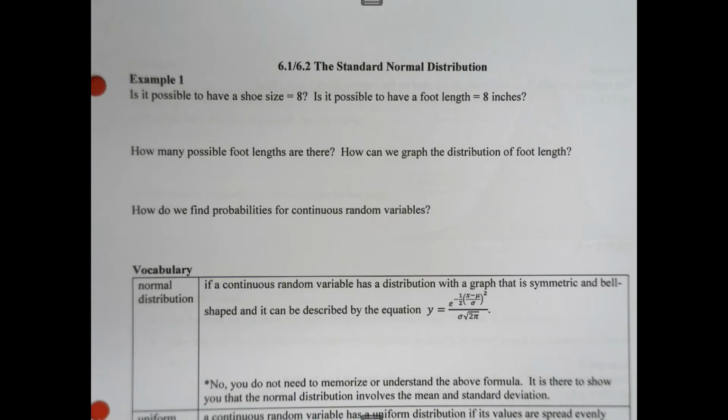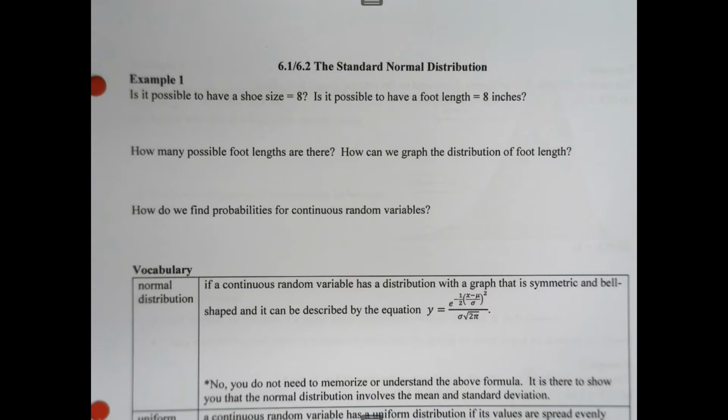Chapter 6 is going to look at the standard normal distribution and some applications of the standard normal distribution. In Chapter 5, we looked at discrete probability distributions. Here we're going to talk about continuous probability distributions. As a little bit of a reminder between discrete and continuous, we're going to look at this first example,